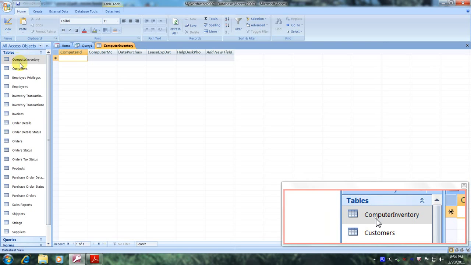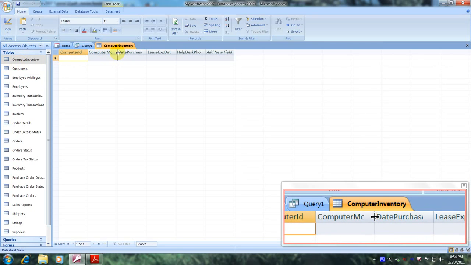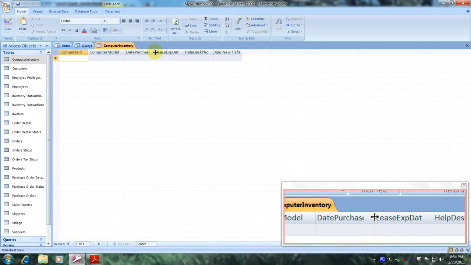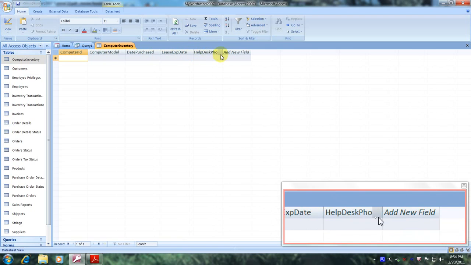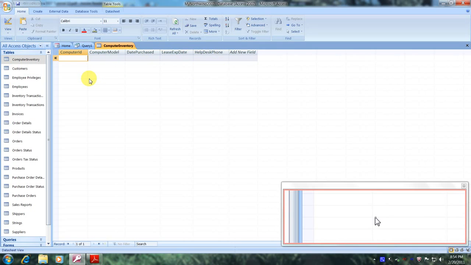And here it is. Let's double click on some of these field names so we can see the full name. And let's actually try entering in some data. That's for computer ID, computer model. Let's type in Dell Optiplex 745. For date purchase, let's type in